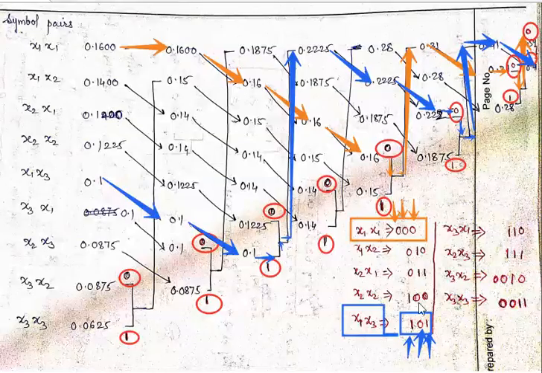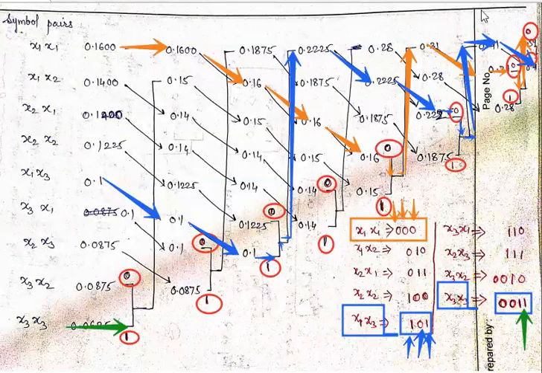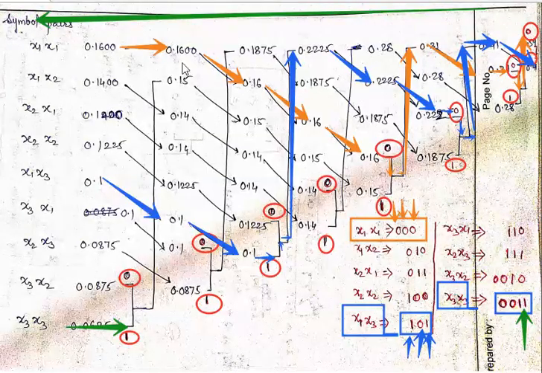Similarly, you can track out the other paths also. So let's have that on a trial basis for the other path. I will go for the final one, which will give you the clear-cut idea. This has the code word 0011. So let's check it for the final case. The first bit is 1. This is to be analyzed in a reverse way, that is, right to left. Whatever bit is first tracked will be at the last.